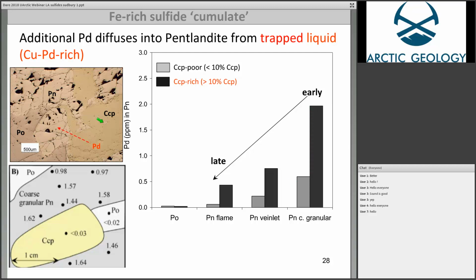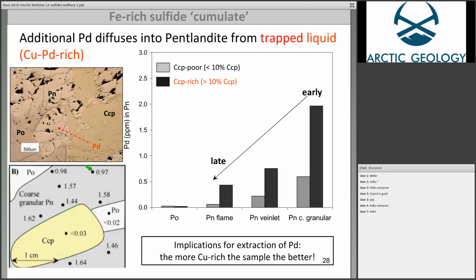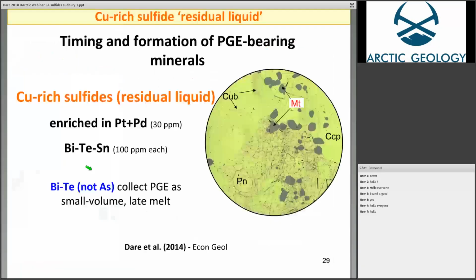So we think that additional palladium diffuses into pentlandite from the trapped liquid from the copper-rich material, and that's probably because when that cools down, chalcopyrite does not contain palladium, it just does not fit in the structure. However, palladium does fit very well into pentlandite, so therefore it goes into and upgrades that pentlandite. And here is essentially to show you the same thing. When you have chalcopyrite, it's richest nearer the chalcopyrite and then becomes depleted away from it. So implications for extractions of palladium, if you have more trapped liquid, the better the concentration of palladium in your